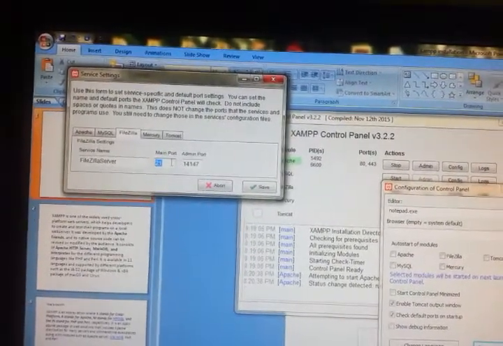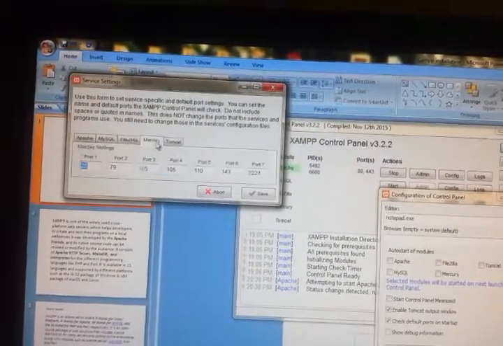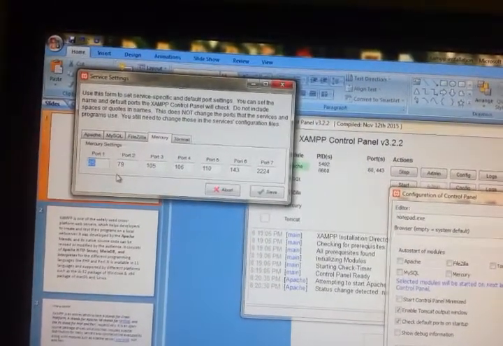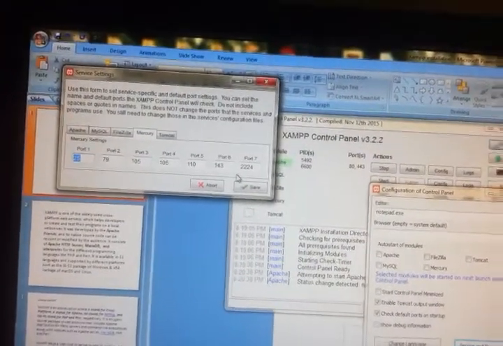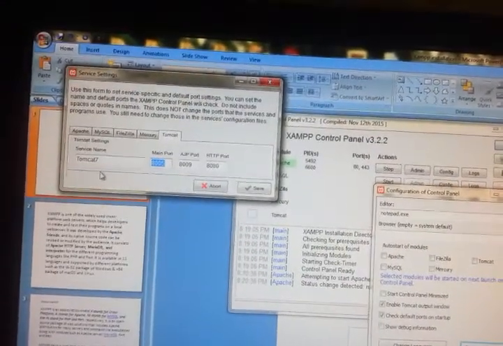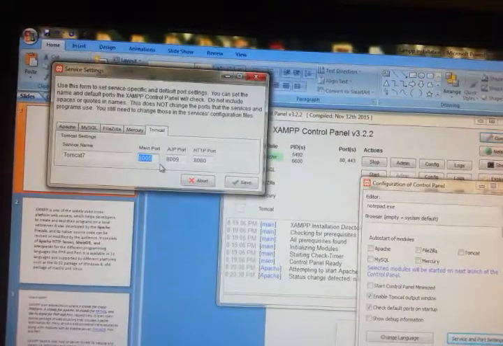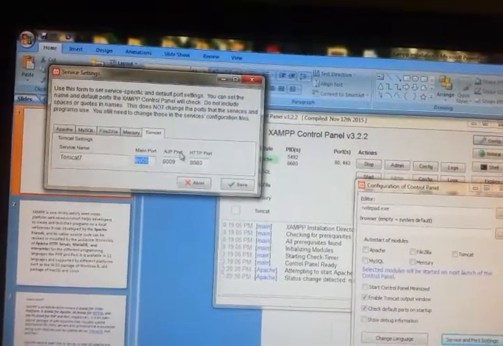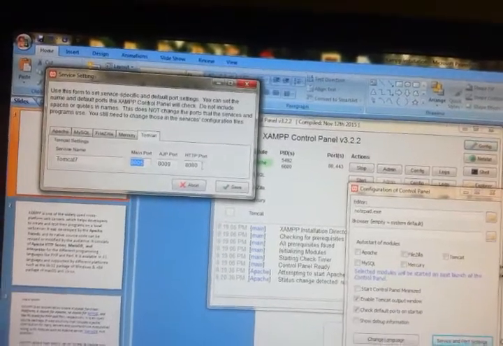FileZilla main port is 21, admin port is 14147. Mercury port 1 is 25, port 2 is 79, port 3, port 4, port 5, port 6, port 7. And Tomcat main port is 8005, AJP port is 8009 and HTTP port is 8080.